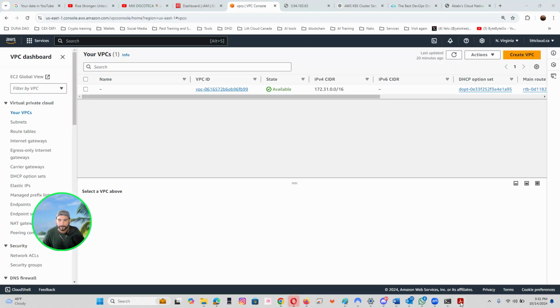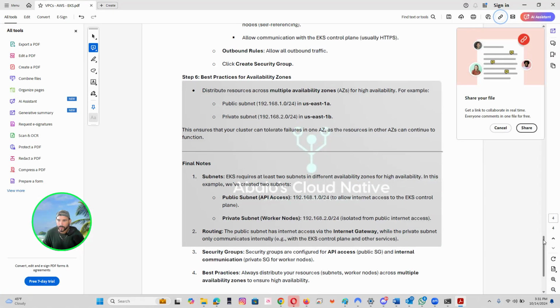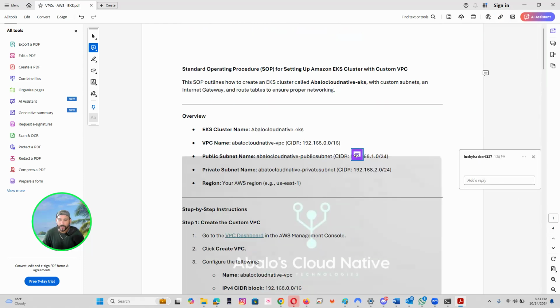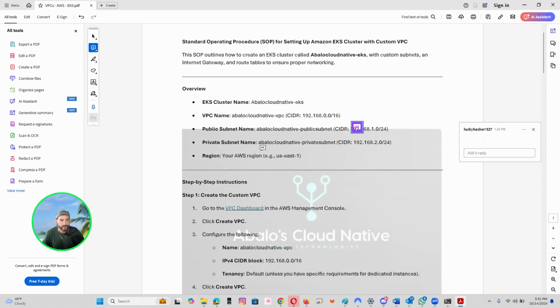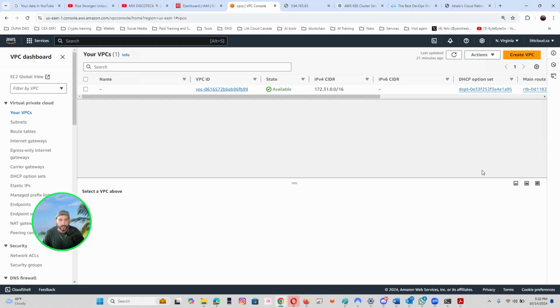So the first step, I have a document for you. As you can see, the logo in the background. I've done a little bit of these labs already, okay? I'm going to provide you this document. I call it the SOP, the standard operating procedure, for you to deploy what I'm doing here, so you will not be lost. In that document is only the networking. I already created the roles, but I'm going to give you everything for you to follow these videos with the PDF,